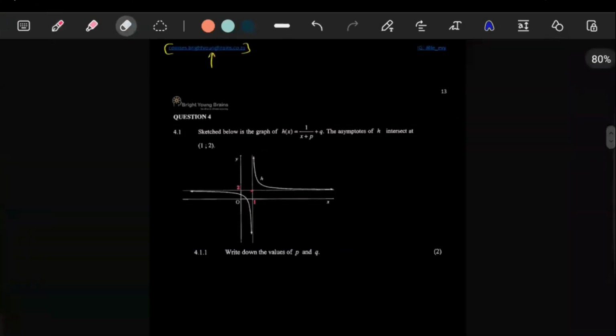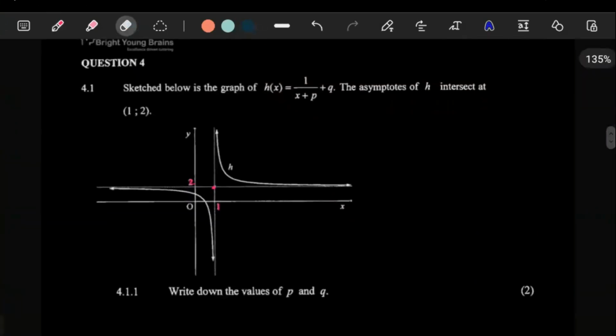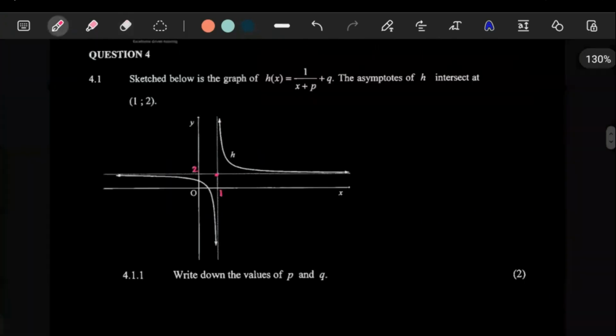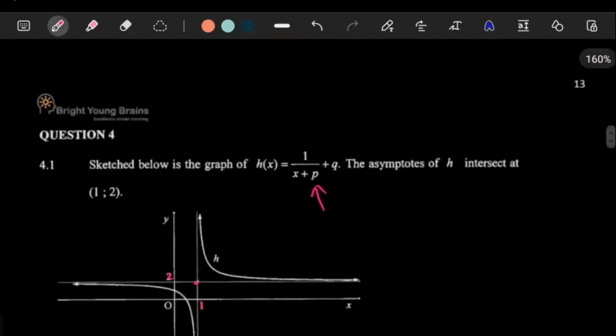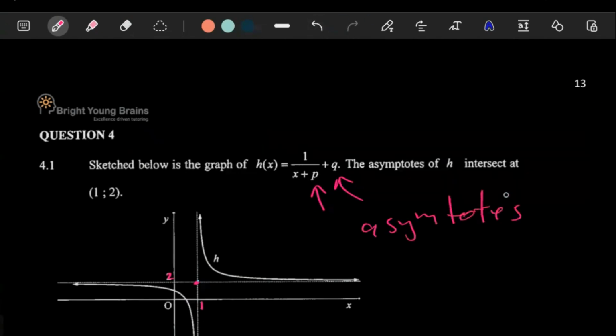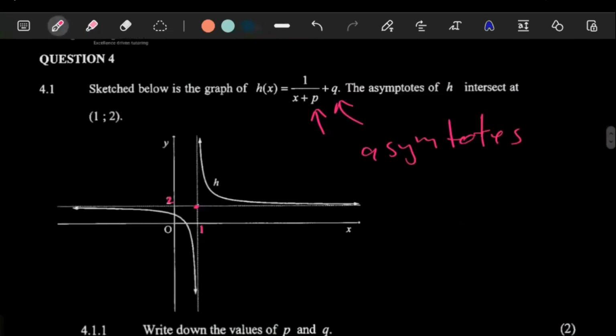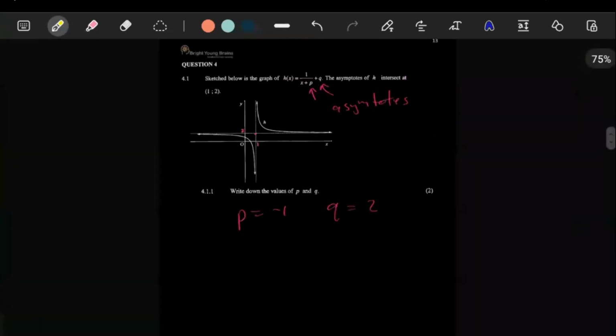The first question here is asking us to get a value of p and q, which is very obvious that they would ask a question like that. The idea is if on the graph you see a plus 1 here, it means that for p, it has to be a negative 1. But then for q, if you see a plus 2 on the image, it means that for q, you take it as it is, because p and q give you the asymptotes. That's what your standard form gives you. So with all this being said,